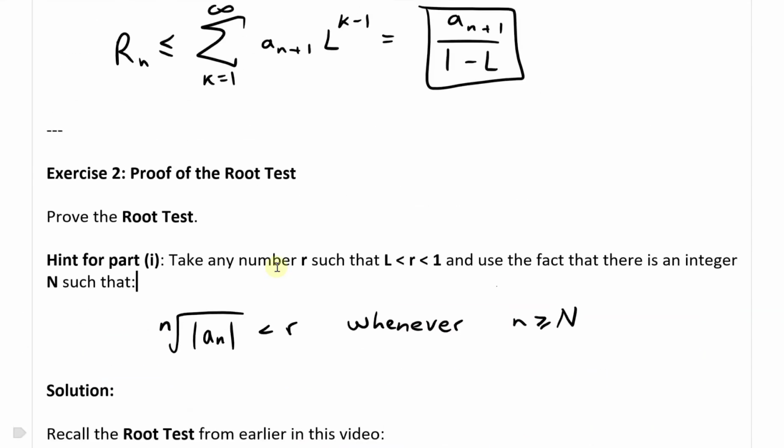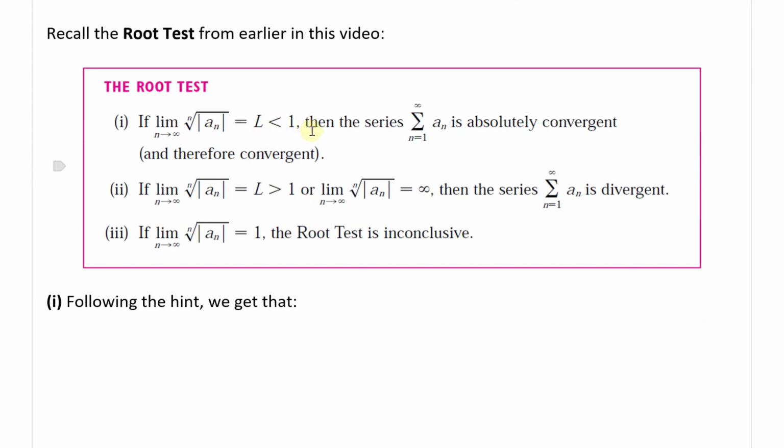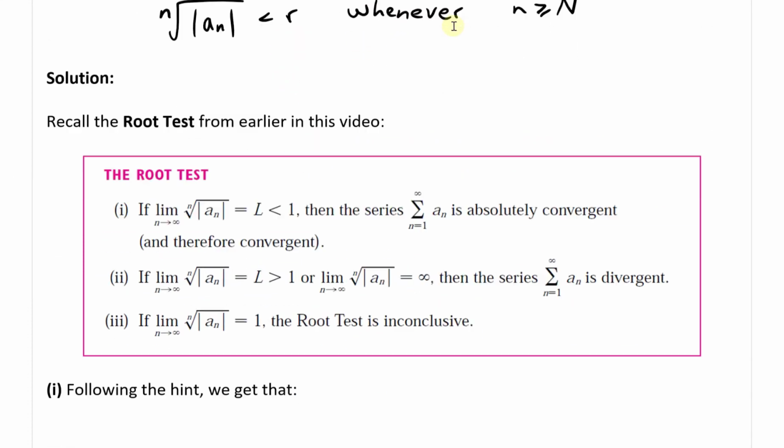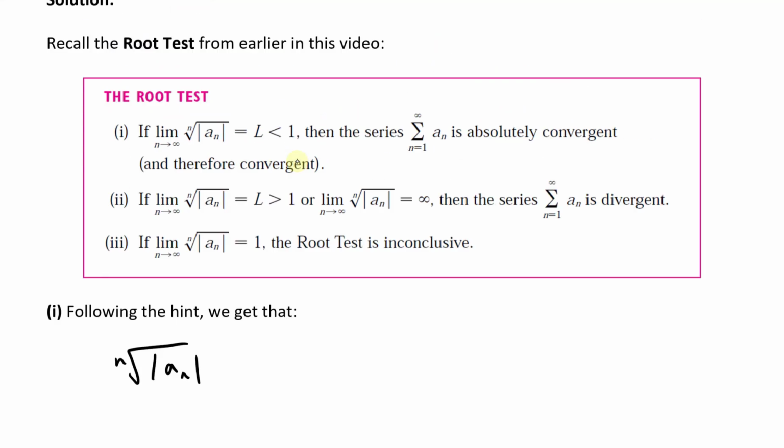And that is because we're given that L is less than 1 in the root test, and we're picking a number R between L and 1. This will make more sense as we go through this proof. So following the hint, let's just write this down. We have the nth root of the absolute value of a_n